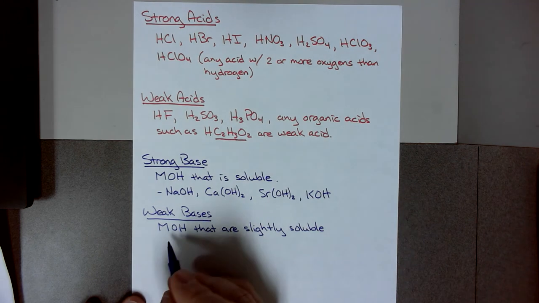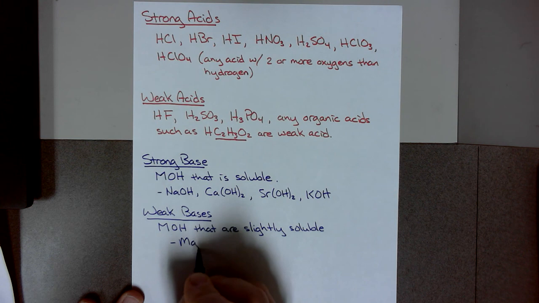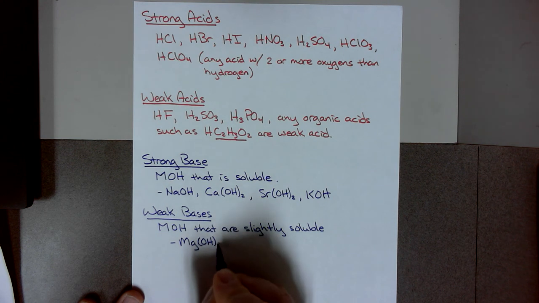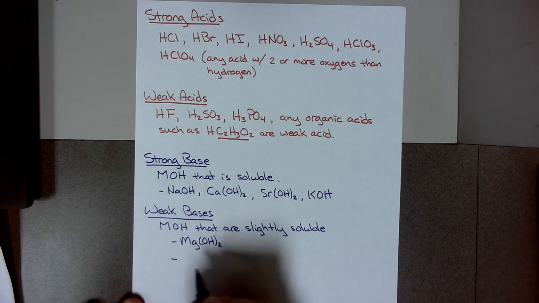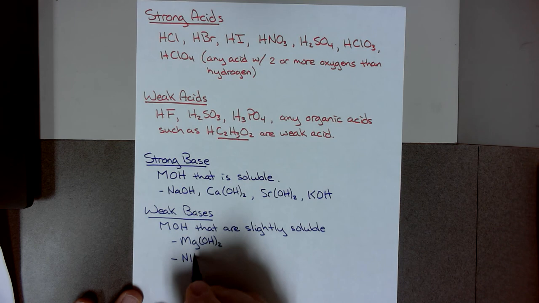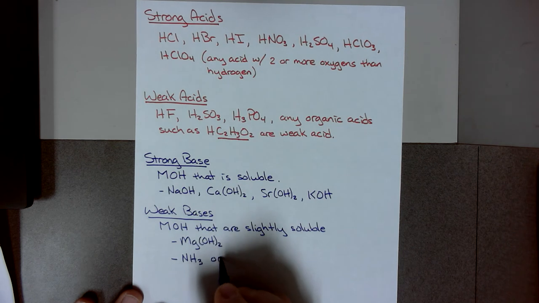And there really is one that you need to be aware of, and that would be Mg(OH)2. Okay? That's a weak base. And then the other main category of weak bases would be like ammonia, or anything that has